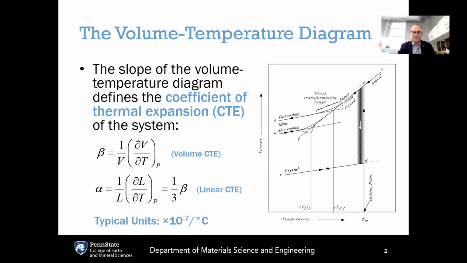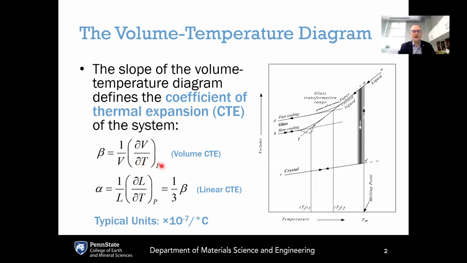Going back to our favorite figure here, the volume temperature diagram. Of course, we used this in Chapter 2 to see how we can quench a liquid into the glassy state. One of the other important things about this diagram is the slope here. If you look at any of these phases, whether it is a glassy phase, the crystal phase, liquid, or supercooled liquid, there is some slope here to the volume temperature dependence, and therefore the derivative of this volume with respect